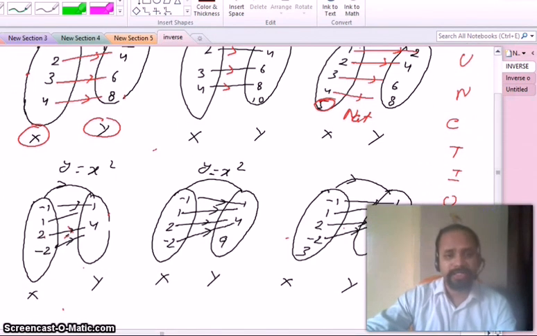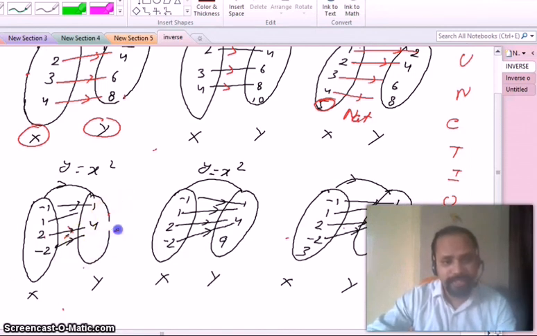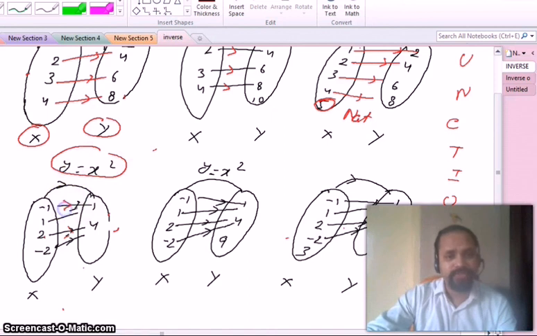Let us come to another example. If we take another function, that is y equals x square. If x is minus 1, then obviously y is 1, and if x is 1, then 1 square is 1; then 2, then 4; minus 2, then also 4. That means it is a function. Okay, this is a function. Come on this one: minus 1, then 1; 1 then 1; 2 then 4; minus 2 then 4. Here also an extra image is present. So I told you that an extra image can be present.